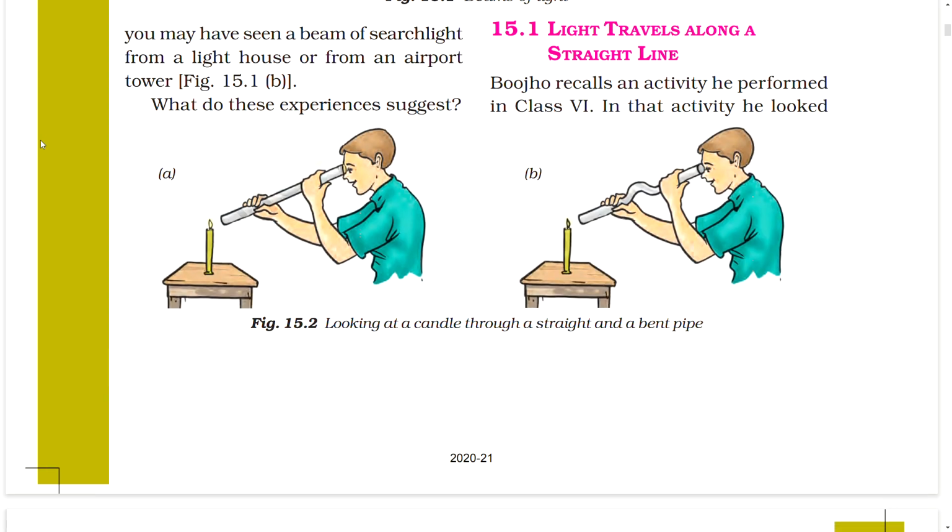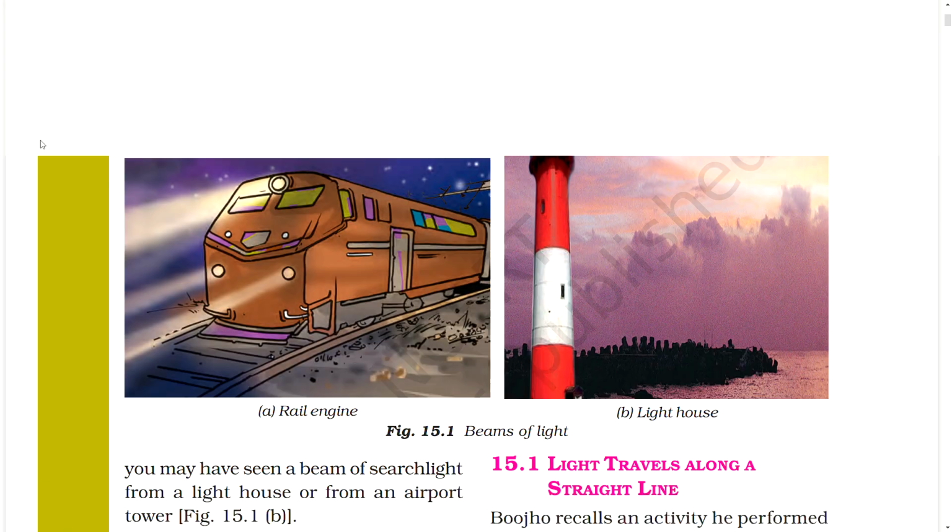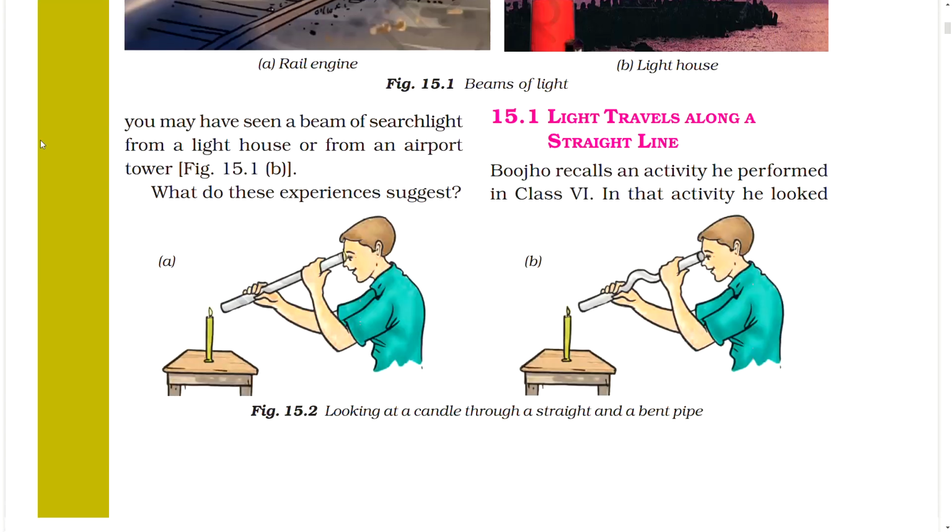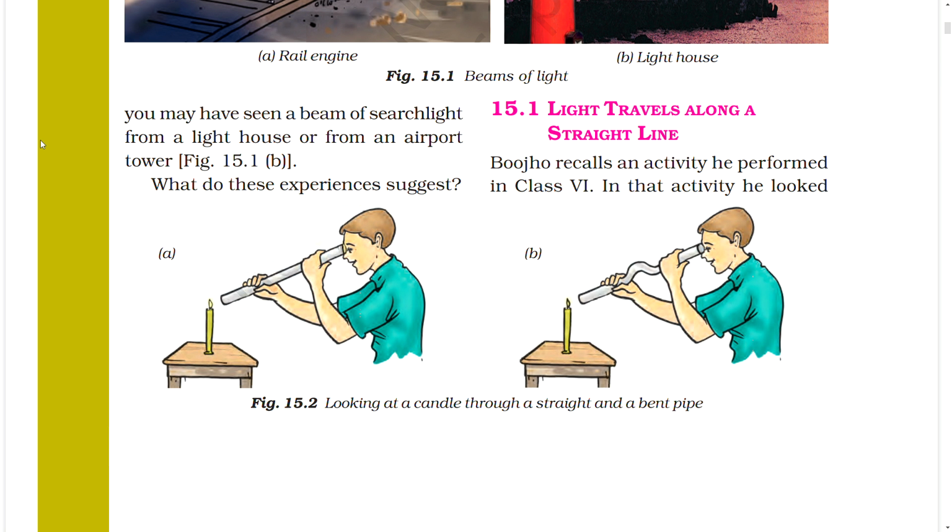Figure: looking at a candle through a straight and a bent pipe. 15.1 Light travels along a straight line. Bojo recalls an activity they performed in class 6. In that activity, he looked